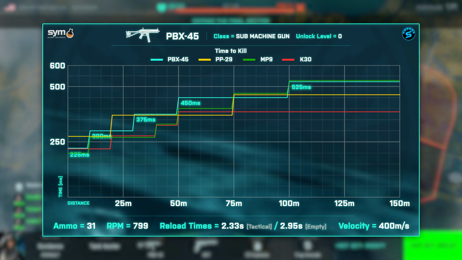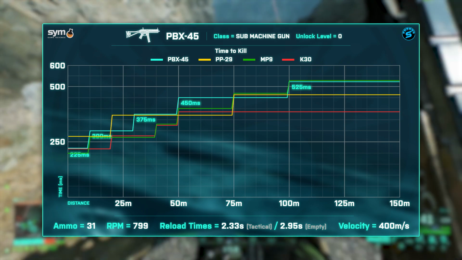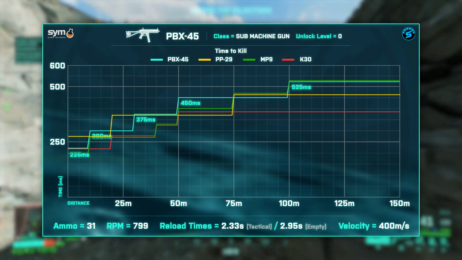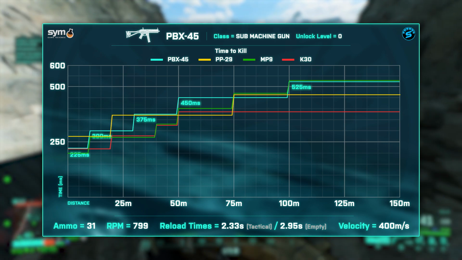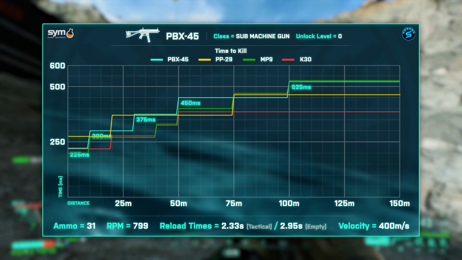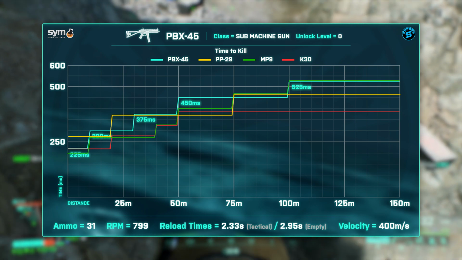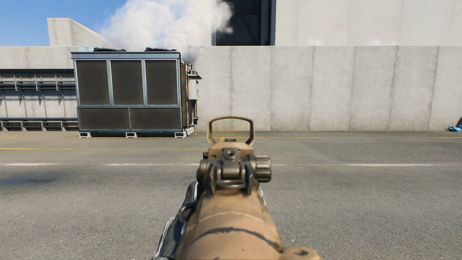Again, here are those comparisons with the other weapons in the SMG class, and I'll probably have to say this in every episode really, but as important as the time to kill or TTK stat is, it can often be very misleading as well. In this instance, for example, the PBX-45 does have almost the equal slowest time to kill of the SMGs, which up close is definitely correct, but then at range it does tend to shoot more accurately than the others. So this graph obviously can't account for missed shots, therefore it makes the PBX seem kind of weak at range, when in reality it is actually really solid at range, so just be sure to keep that